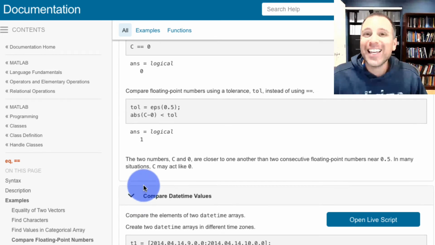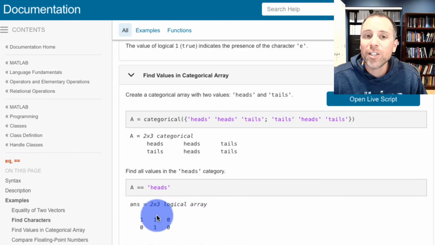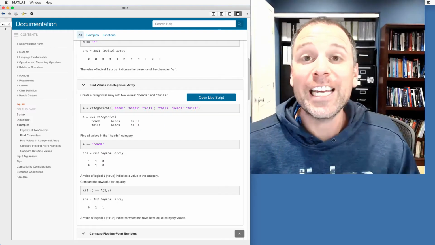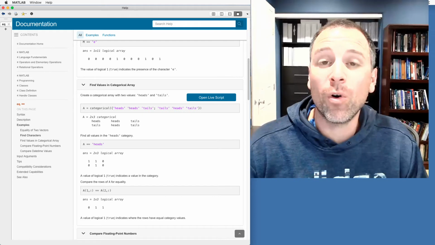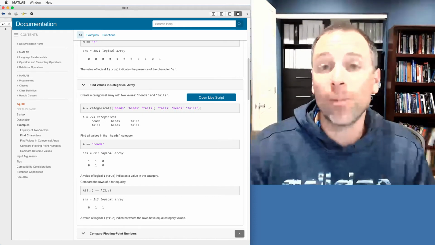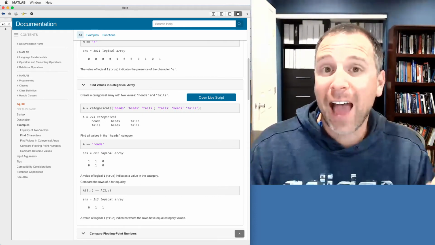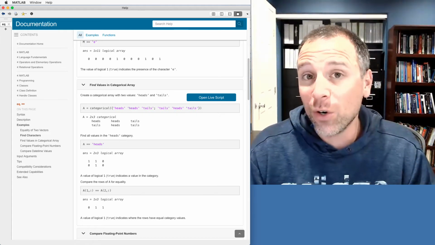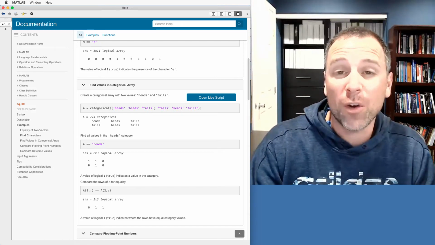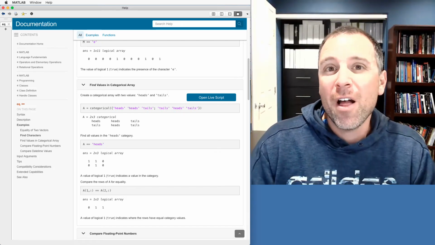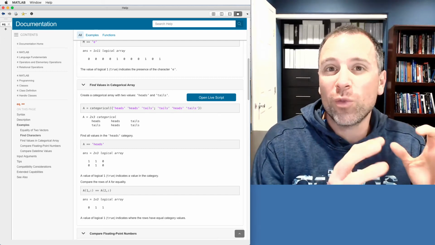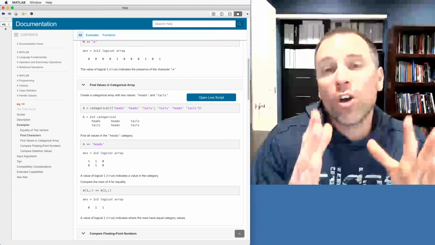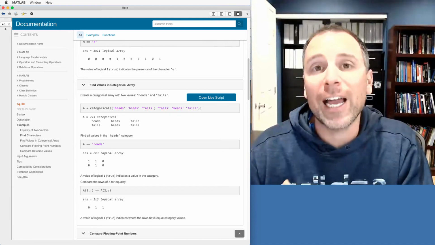We're going to go through this discussion in great detail. The other thing that I'll say is that in these introductory videos, we're not going to focus on comparing any other data types but numeric data. To keep our introduction to relational operators simple, we're going to focus on just taking two variables that are stored as numbers and then using the relational operators to see, are these numbers equal? Are they not equal? Is one of them less than or equal to the other one? Et cetera, et cetera, et cetera. The point of this is once we know how to do those relational operators on numeric data, we can use the same ideas to expand our use of relational operators onto other types of data in MATLAB.